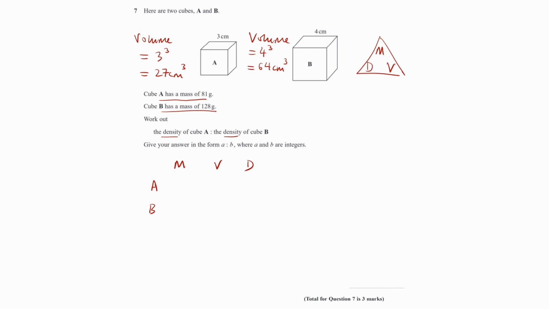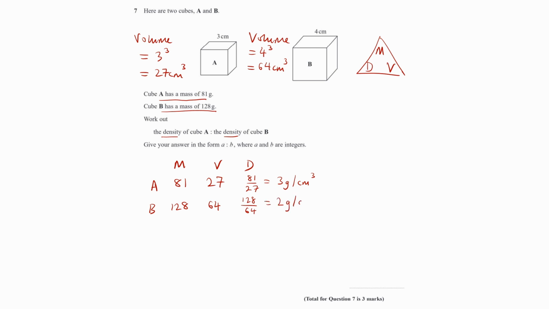So the mass of cube A is 81, the volume is 27, and so the density is mass divided by volume, so 81 over 27, which equals 3 grams per centimetre cubed. And for B, the mass is 128 and the volume is 64. So the density is 128 divided by 64, which equals 2